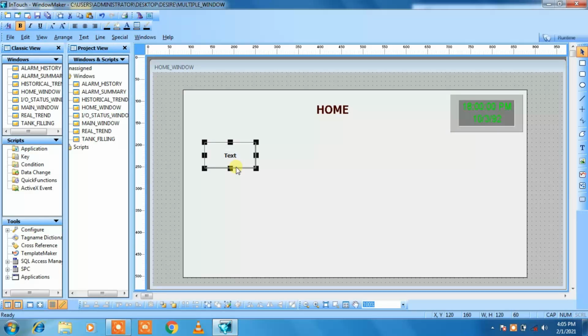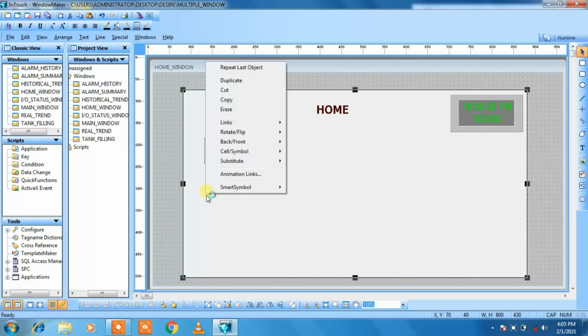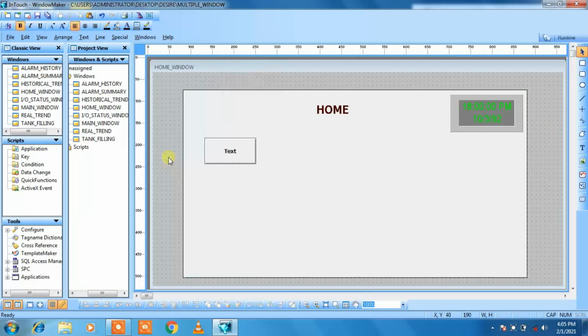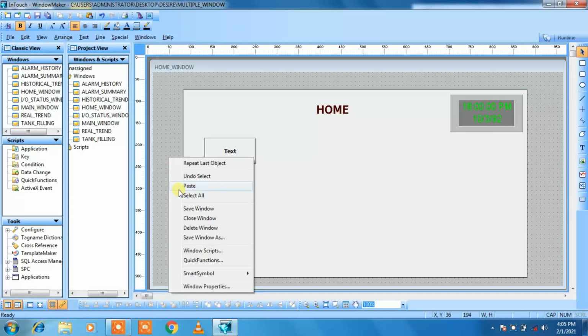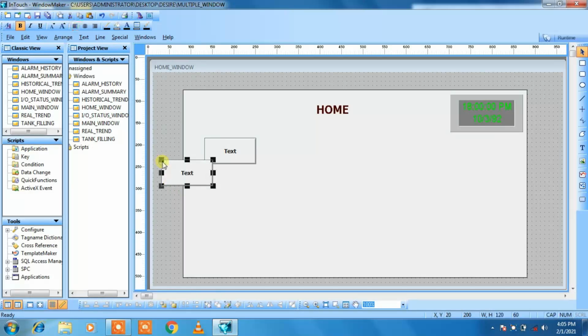Then copy the same so that it will look similar all over. Click on the screen and then paste. Then again click on the screen and adjust your text button, again paste it and click on the screen and adjust your text button as per your requirement. I want my next text button over here.